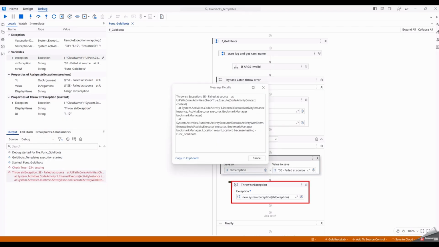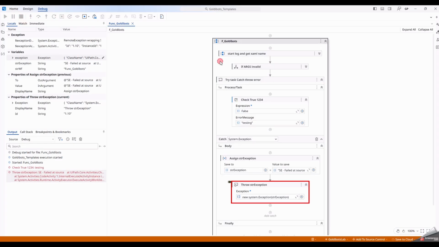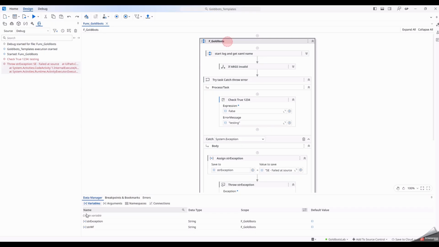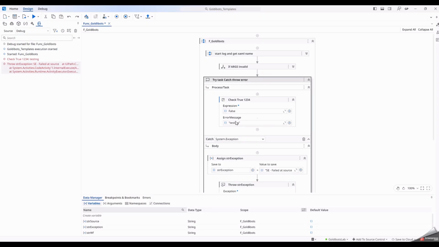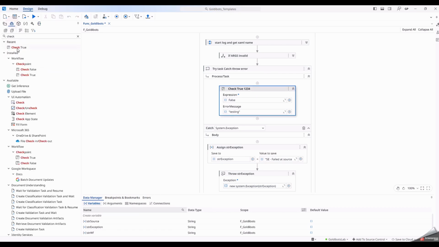So again, that doesn't look very clear. Look at the mess. Let's clean that up. Cancel that. Stop that. Let's add a variable. I'm going to click on the full scope. Add new variable, str source. And what I'm going to do is in here I'm going to assign